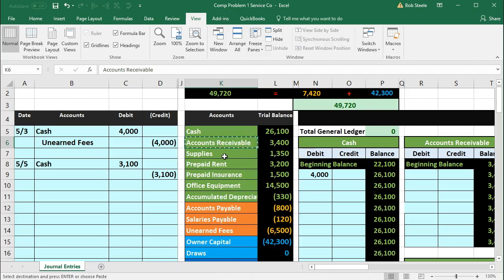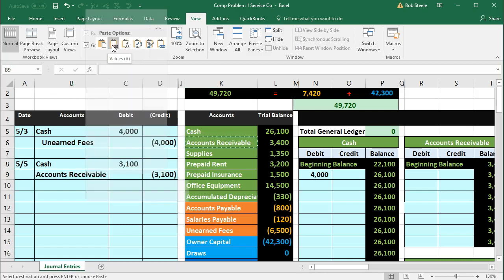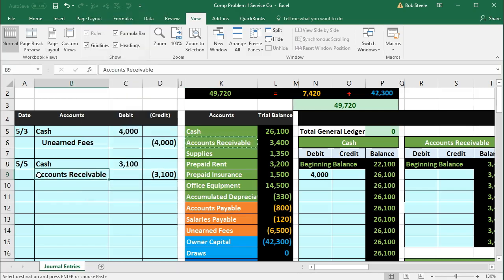I'm going to right click that. I'm going to put that underneath in B9, right click and paste 1, 2, 3. Then I'm going to double click before the A and add 3 spaces for that indentation. Now we already know that we're going to credit accounts receivable because we debited cash and we need to credit something. But we also want to check that. We know that accounts receivable is an asset account, has a debit balance therefore, and we need to make it go down. This account represents people owing us money, and after they have paid us, that account needs to go down, and therefore we're going to make it go down by doing the opposite thing to it, which is a